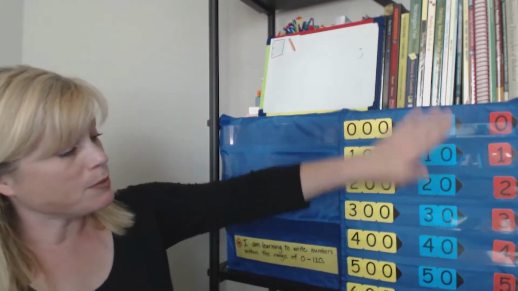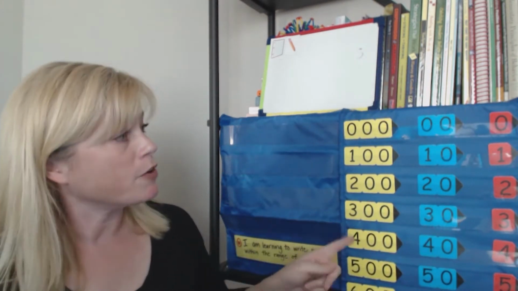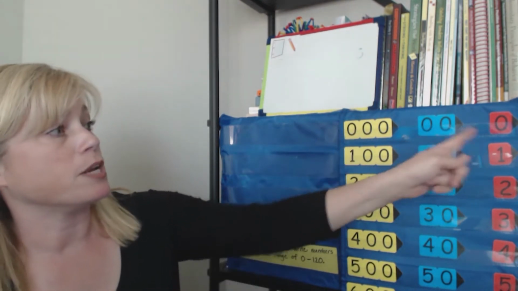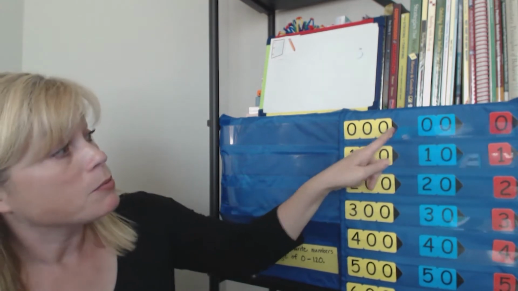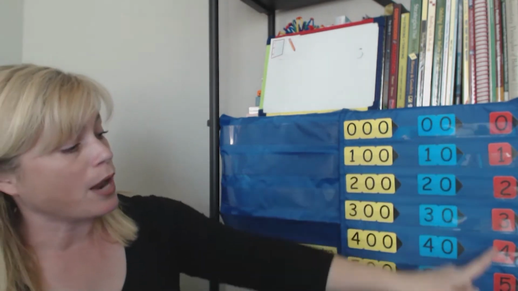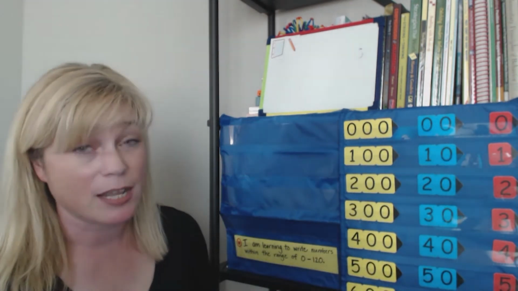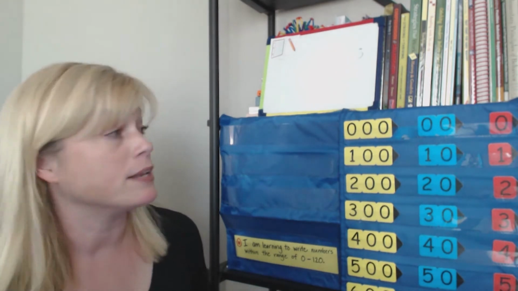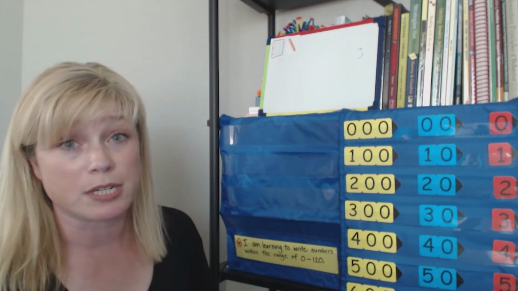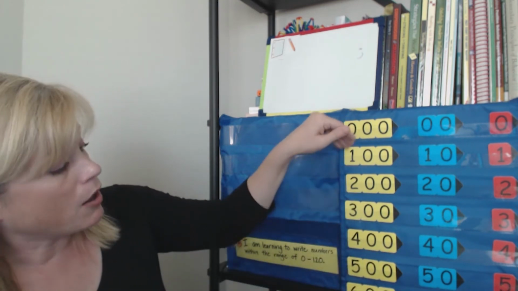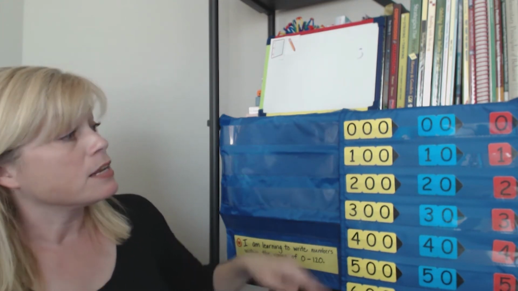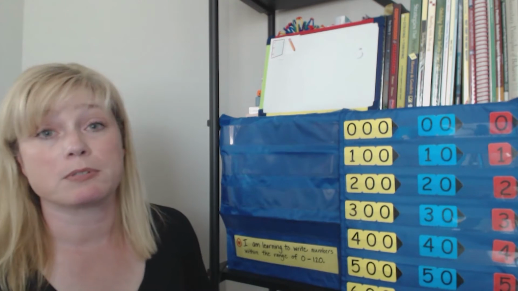All right, so we're going to be using arrow cards. And if you've never used arrow cards before, let me just show you a couple things about them. You'll notice that there are 3 colors. You'll notice they all end with a point. That's why they're called arrow cards. And you'll notice that on the red ones, there's just 1 digit. And a digit is any number between 0 and 9. So on the red, we just have 1 digit. On the blue cards, there's 2 digits. Those are the tens. And on the yellow cards, there's 3 digits. Those are the hundreds.